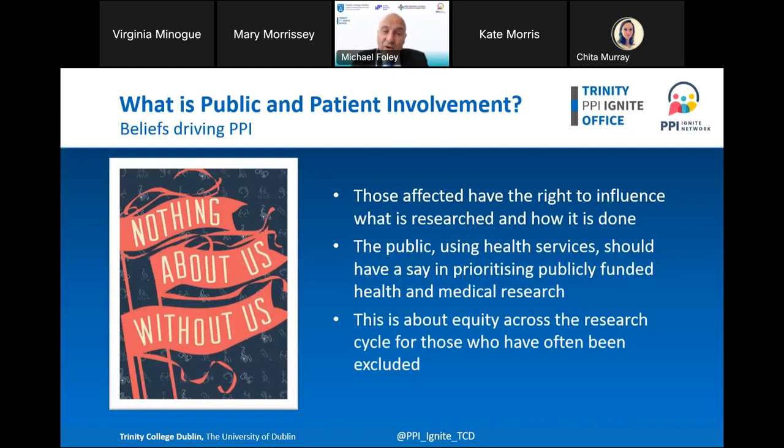The other part to it is that there is a growing body of research about the actual practical benefits of public and patient involvement. But I always like to remind people that actually this is driven by belief. And the belief is that people who are directly affected by things actually have a right to influence